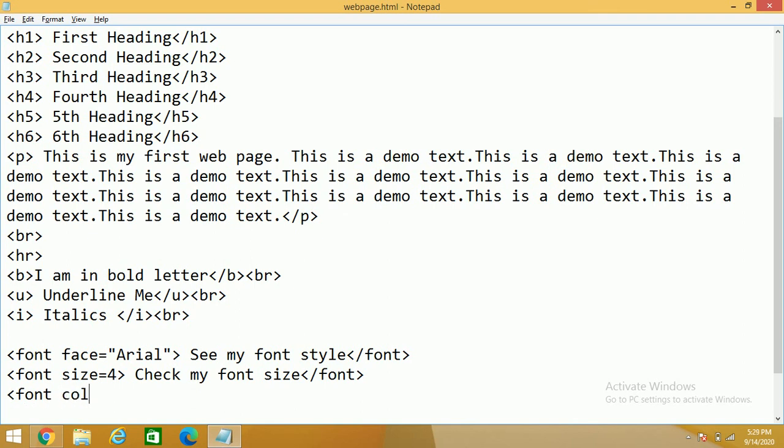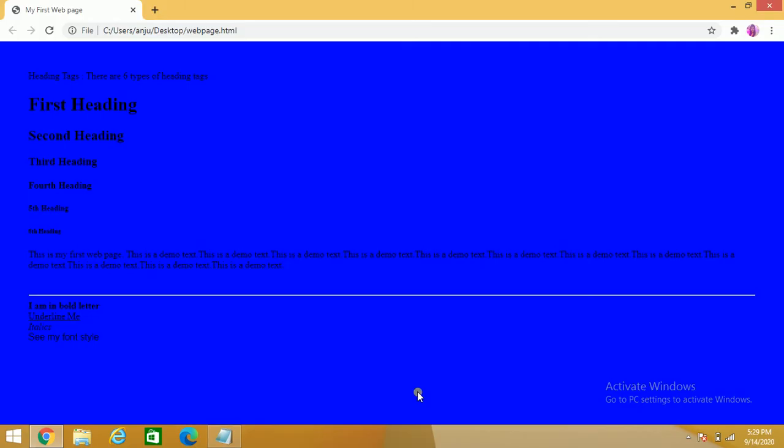If I want to give some different color, so here I am writing white, because blue के साथ white will look better. So I am in white, and I'm going to close this also. Control S and press F5. So see, check my font size.